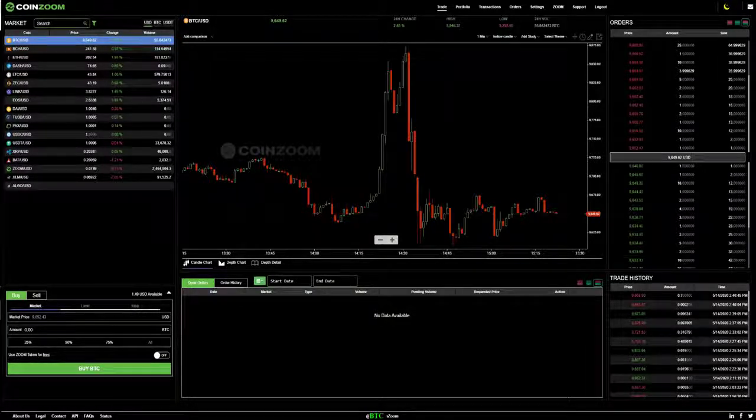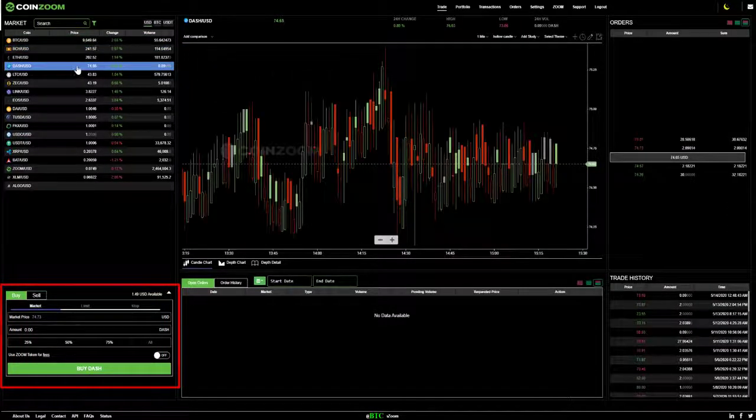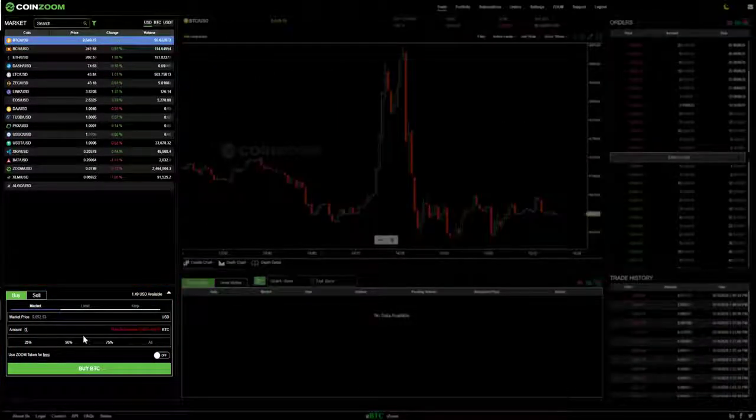To buy or sell crypto, go to the main trading interface. On the left side is the market watch, and below is where you execute your trading. First, you will select the type of crypto you wish to buy. In this example, I select Bitcoin. Enter the amount of Bitcoin you are buying, and the equal US dollar amount will appear on the green Submit